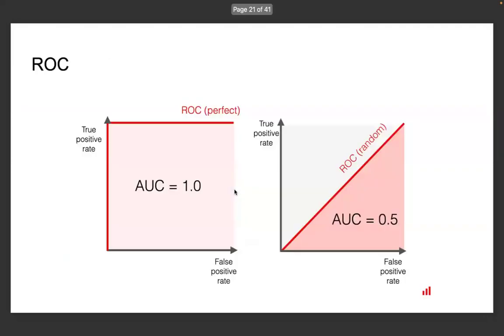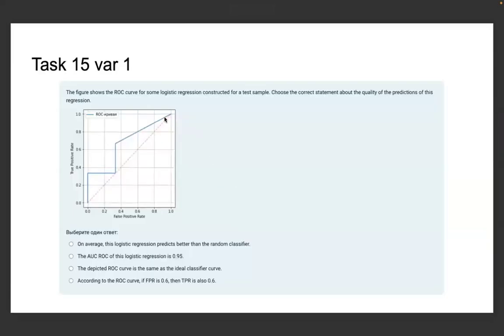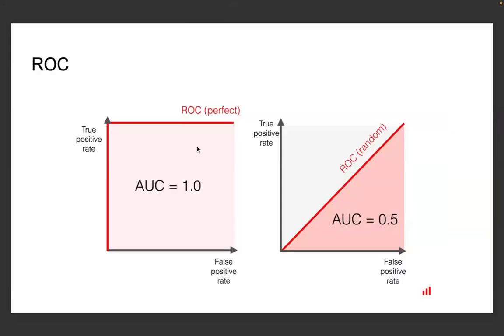Okay, task 15. Here we're going to use the ROC curve. So let's revise. What is it? The square under the ROC curve shows us the accuracy. It's one of the most important things that you have to remember. And I will tell you how we can count it. You just have to